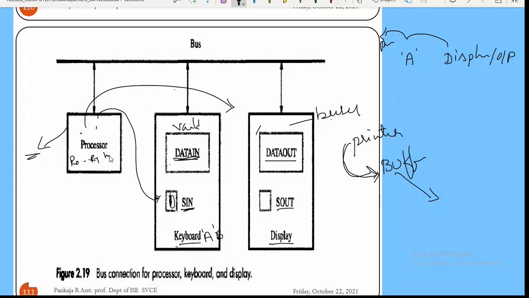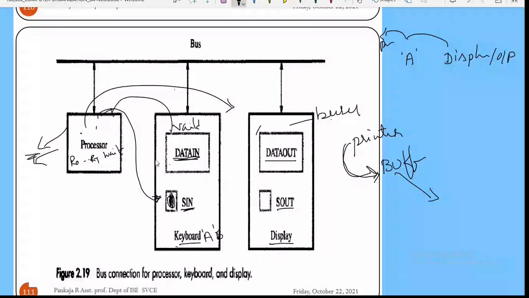It will go back and wait for some time, and during that time it can perform other tasks. This is done repeatedly; frequently it checks the status of the input device. If the flag is set to 1, it indicates that there is valid data, and the processor will read that data.